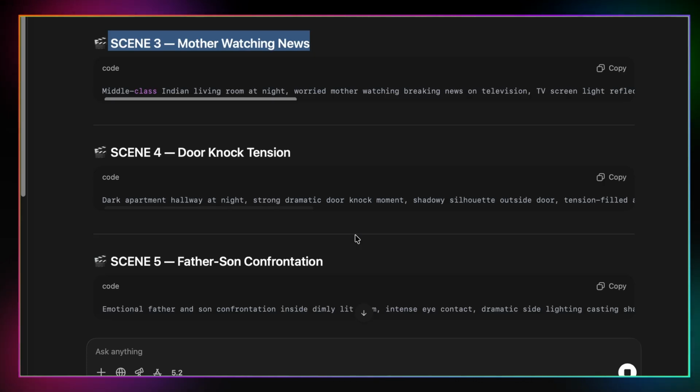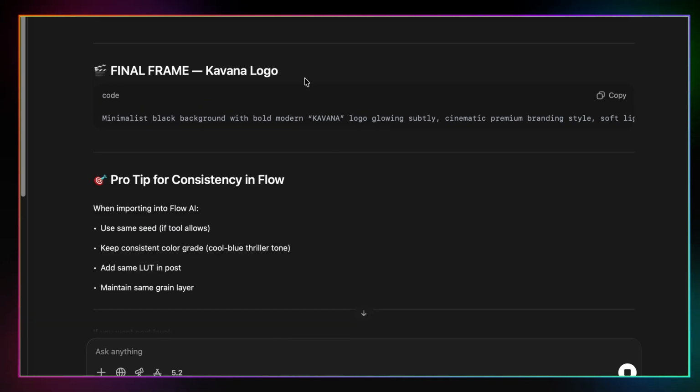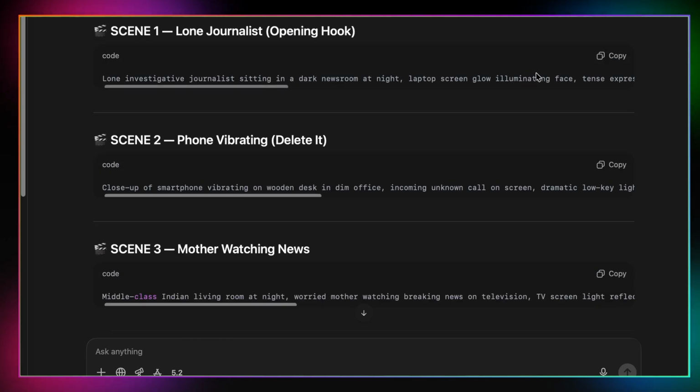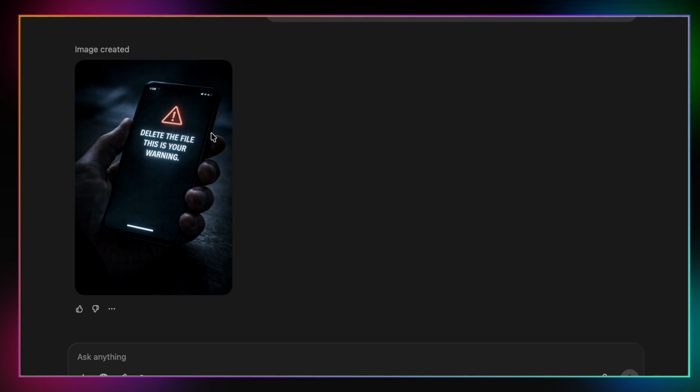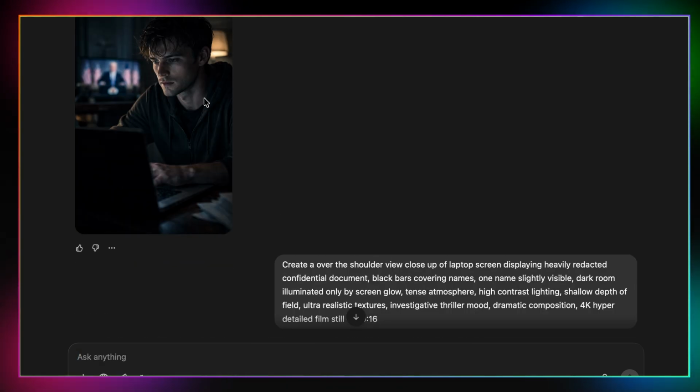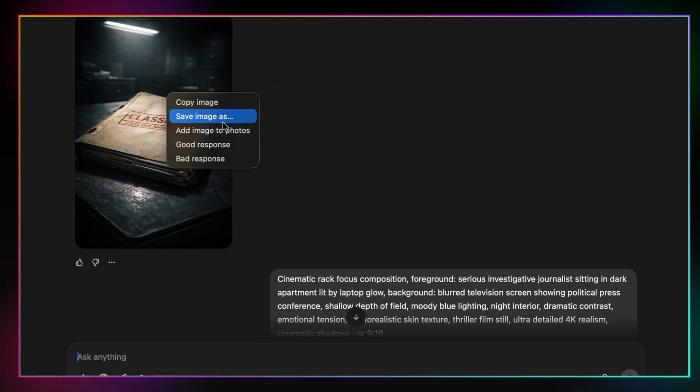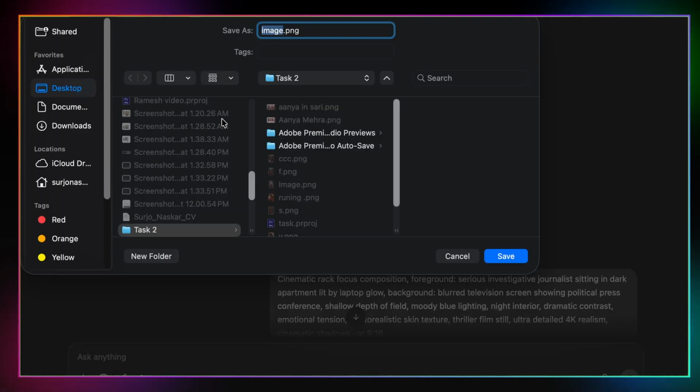So I will copy the first prompt of our scene, then we go to the image tool and create all the images given by ChatGPT, and we save them to our computer in one folder. After everything is created, we move to the next point,